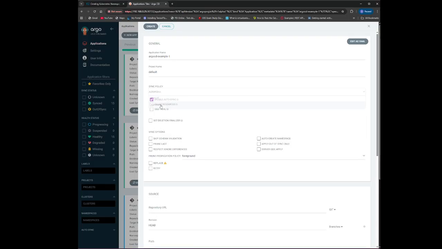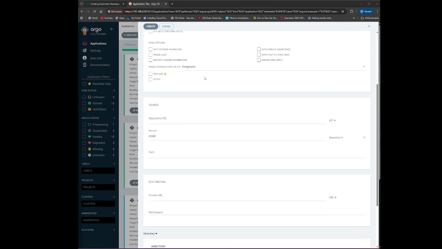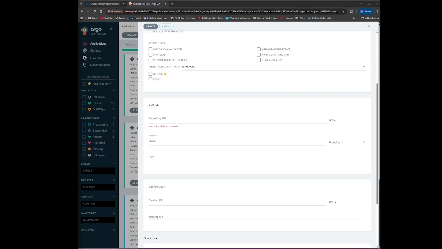Sync policy is automatic. When we choose automatic, it will apply the differences between the old YAML file and the new YAML file automatically on our cluster, and it will create the resources with automatic sync. And we can type our repository, I will type like this one.